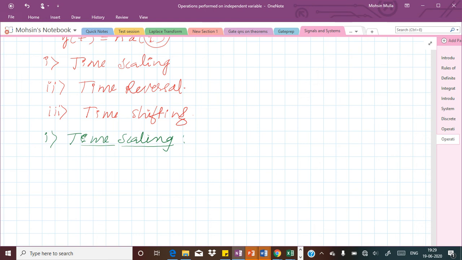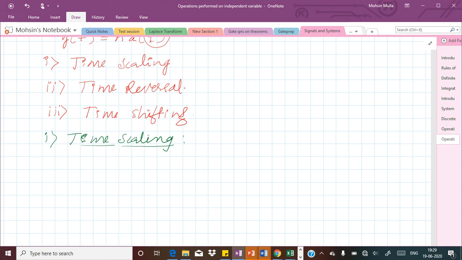In the same way, sometimes while watching YouTube videos, we try to make the speed of that video a little bit faster, 1.5 times, 2 times. Sometimes if the video is very slow, we try to make it 2 times. So in that case, if a 10-second video is there, we are trying to make the entire video length only 5 seconds. In that case, it is called compression of the video. So this compression and expansion operation can be done under the time scaling operation. So what is it exactly? Mathematically, let us see how we can represent that.